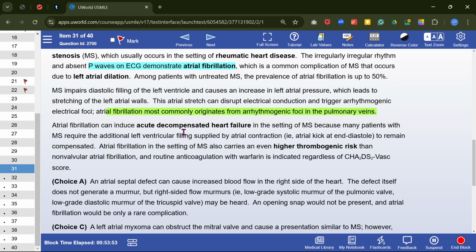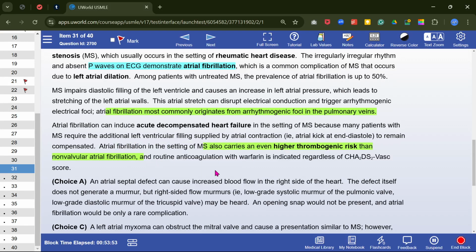Atrial fibrillation can induce decompensated heart failure in the setting of MS, because many patients with MS require additional left ventricular filling supplied by atrial contraction, the atrial kick at the end of diastole, to remain compensated. Atrial fibrillation in the setting of MS also carries a higher thrombogenic risk